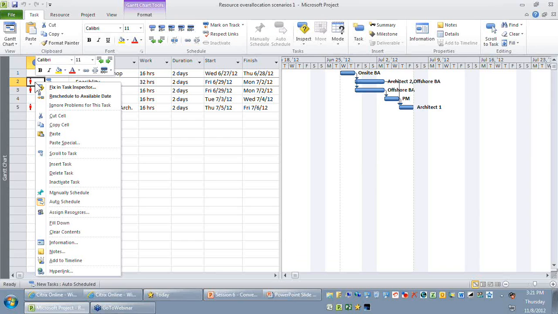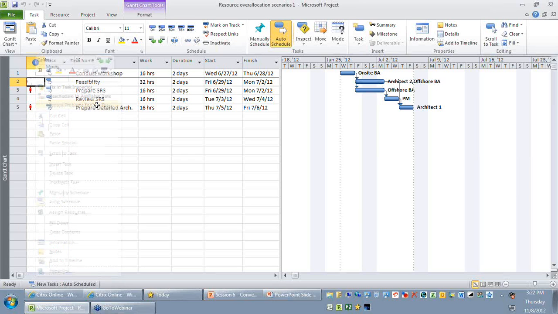So the first option which we'll look at is the ignore problems for this task. It might happen that you might not have enough people in your team, so you do know that the resources are overallocated. Maybe you want to just ignore it. Okay. So when you say ignore, you will find that the red color stickman will disappear from that particular row.